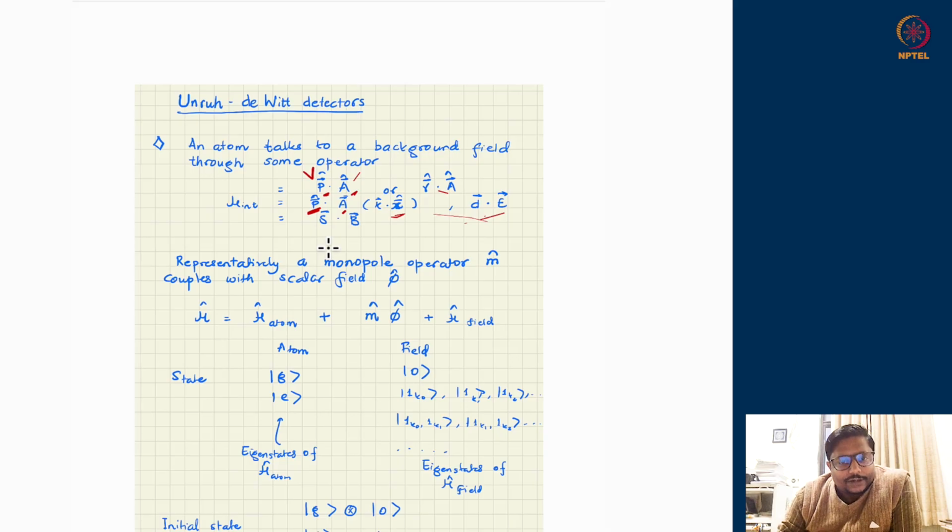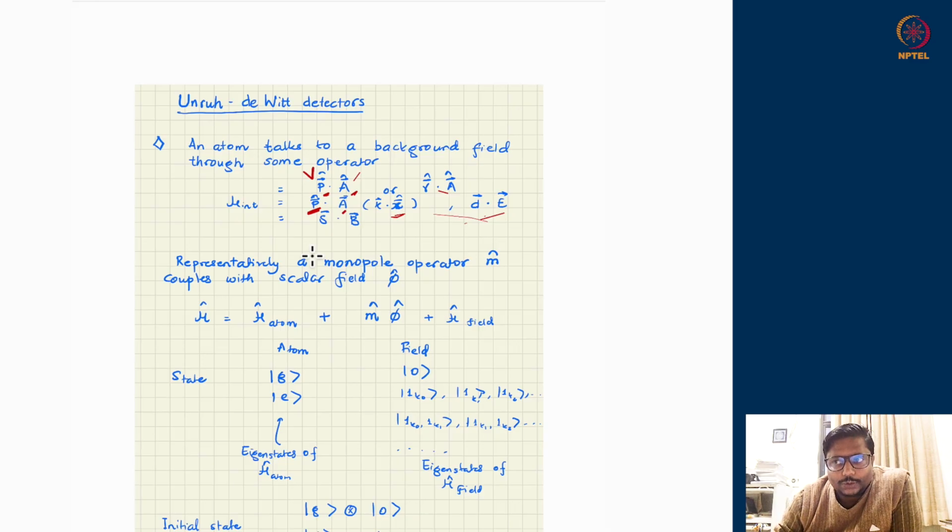If you are interested in conditions where you have a strong electromagnetic field or a strong background field of whatever sort, you should include higher order terms as well. In this course, we are contained to the linear, leading order coupling between the atom and the field. So I would just consider a bilinear coupling, one operator from the field side and one from the atomic side, like P dot A, D dot E, S dot B. These are the kind of couplings we will be generally using. These are the lower order couplings where fields are not very strong.